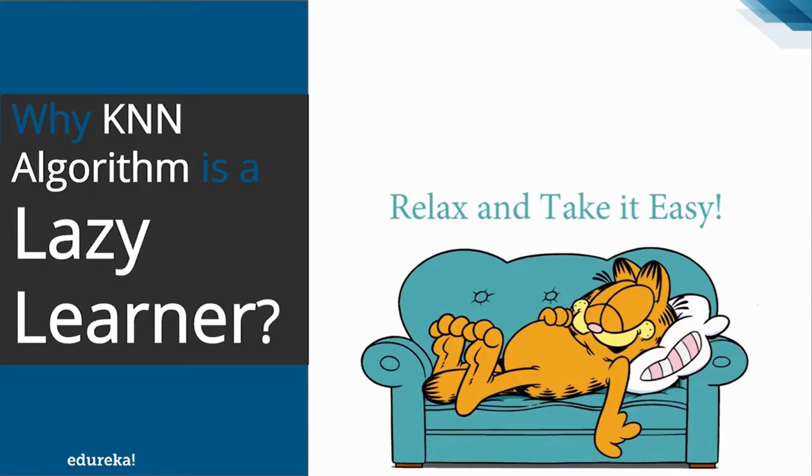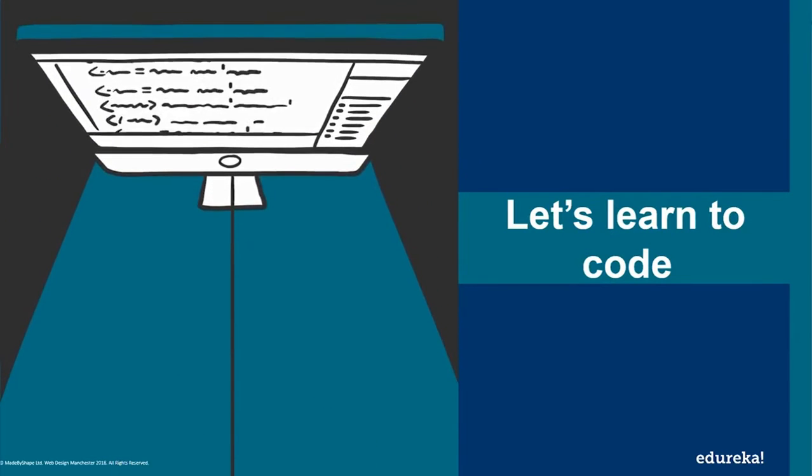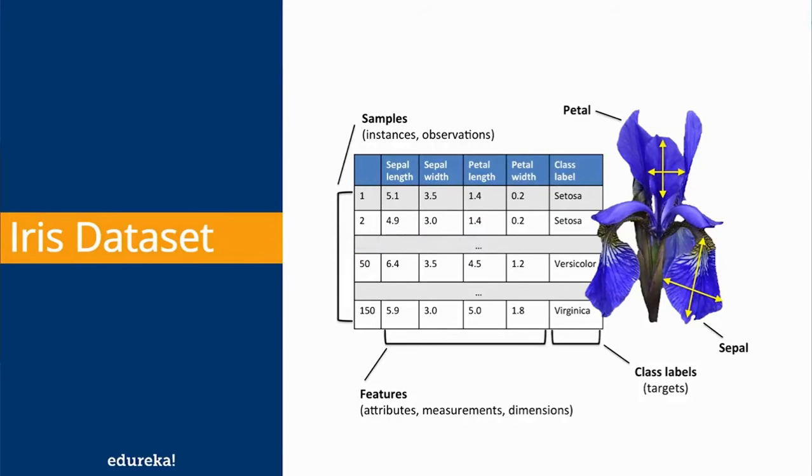So this was all about the theoretical session. Now let's move on to the coding part. For the practical implementation, or the hands-on part, I'll be using the IRIS dataset. This dataset consists of 150 observations. We have 4 features and 1 class label. The 4 features include the sepal length, sepal width, petal length and petal width, whereas the class label decides which flower belongs to which category. So this was the description of the dataset which we are using.